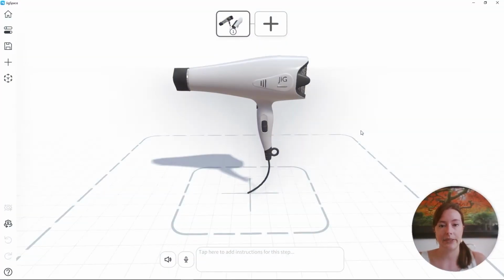So the first thing that we do when making a new jig is we take into consideration that step one is the first thing people will be opening up. So what we like to do is add some introductory text. This text will just be about what the jig is going to cover.